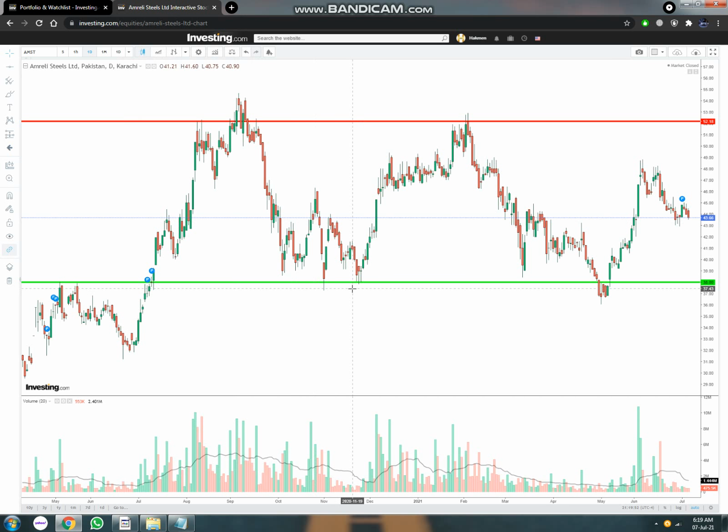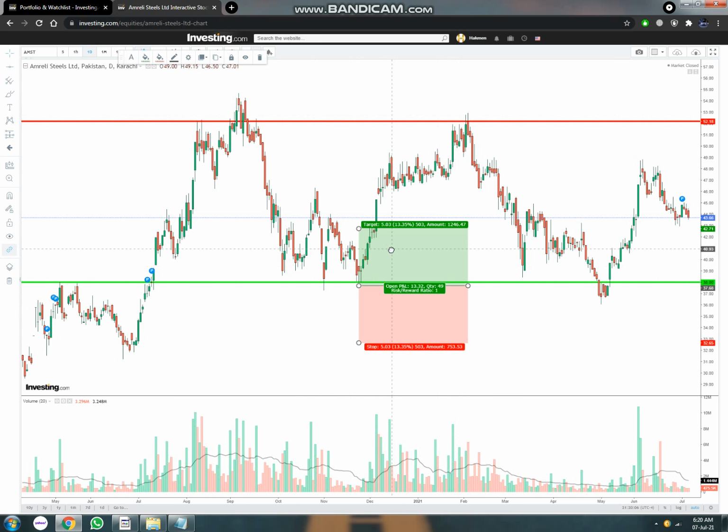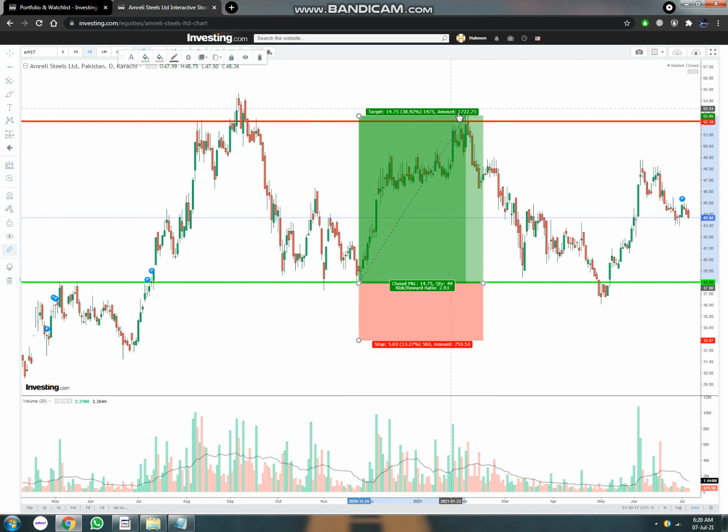Now if you buy the stock at this area and sell the stock at this area, this is a great, effective method. You can also place your take profit and stop loss just like this. You buy at this point and sell at this point. You can see you could have made about 38.92% profit out of this one move. So this is a great method,